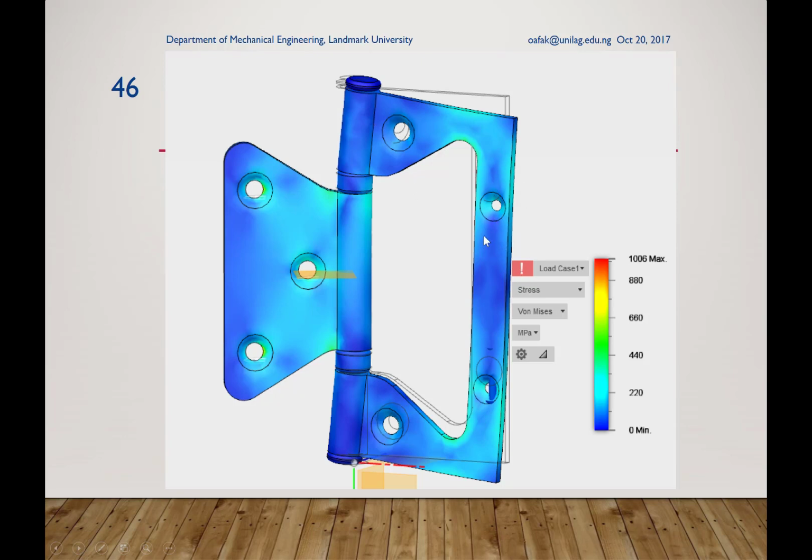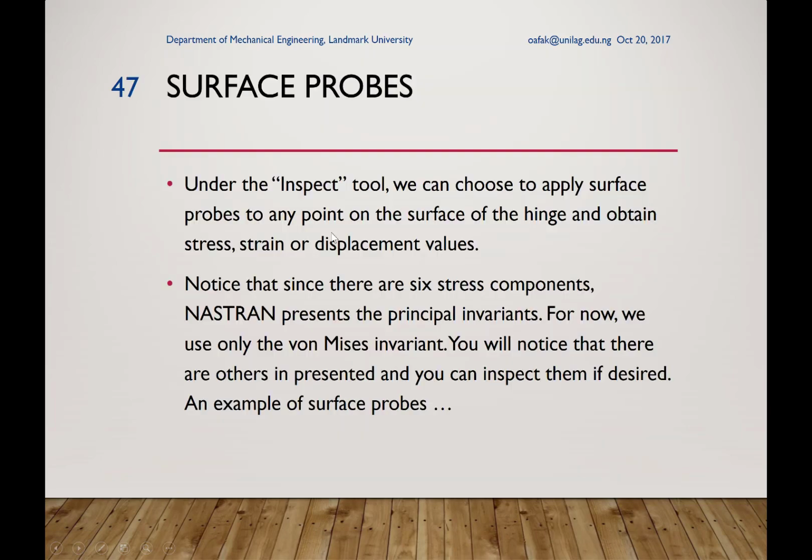And again, despite the fact that the load is very high, we can see that there are still parts of this body that are really scarcely feeling any serious loading. So that means if we had cut this hinge a little bit more on this side or more on this side, the outer would not have been any more stressed. And then we can also change the level of stresses that we want to be shown. Many of these things are possible at this stage.